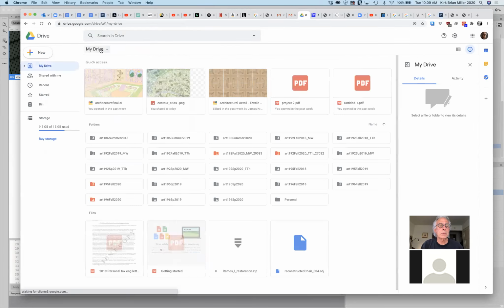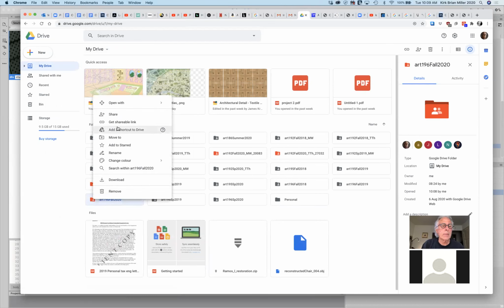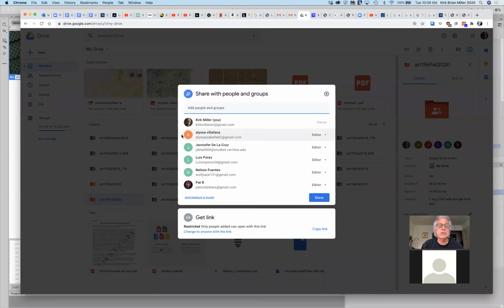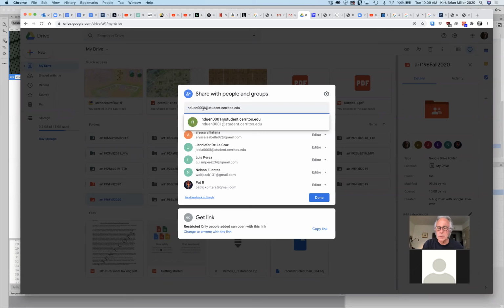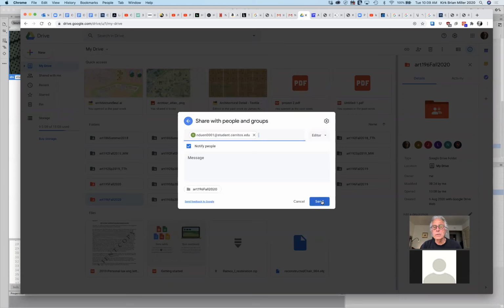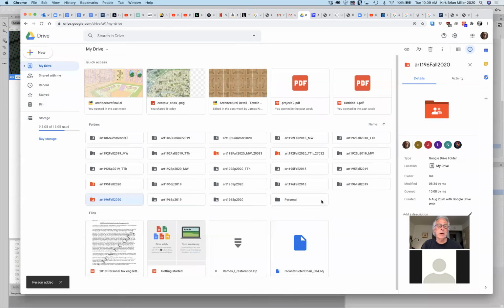Let's go back to my drive. And then I right click on the folder and then I'm going to select share. So I'm going to share this folder with you. When I click here, I go ahead and I paste and I hit the return key and now I can send it. So now Natalie's been invited. So all you have to do is accept. And then when you're done, what I want you to do